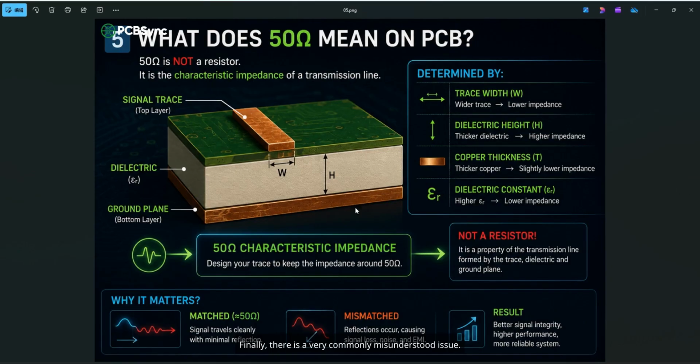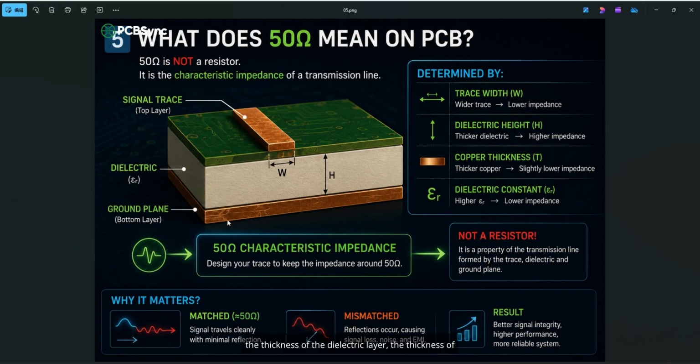Finally, there's a very commonly misunderstood issue. Many newcomers, when they first hear about impedance matching, think it just means soldering a 50 ohm resistor onto the PCB. The answer is that's absolutely not what it means here. 50 ohms is not a resistor, it refers to characteristic impedance. It is determined by the structure of the PCB, mainly the trace width,